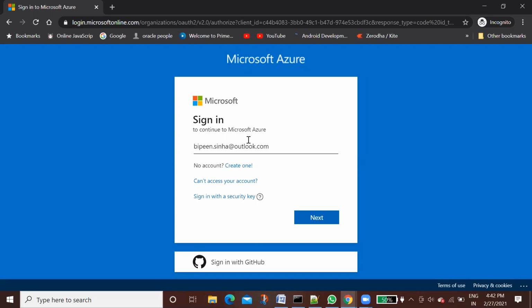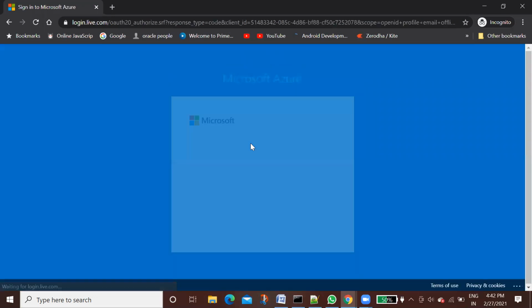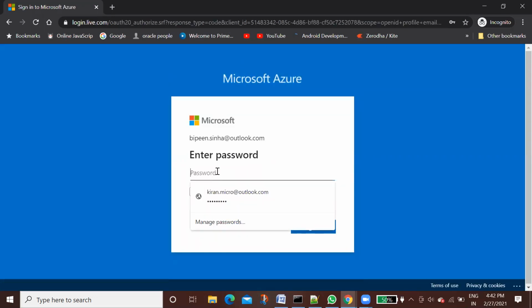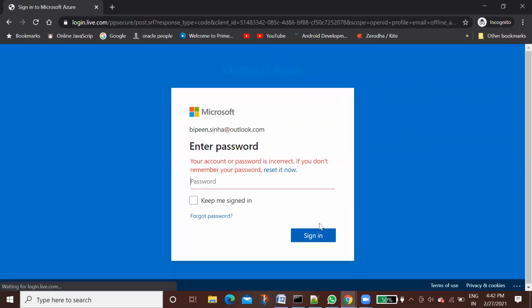Just create it with any email ID. But you have to use a different password, and a different credit card, because the same credit card will not be accepted. I think they are validating it.